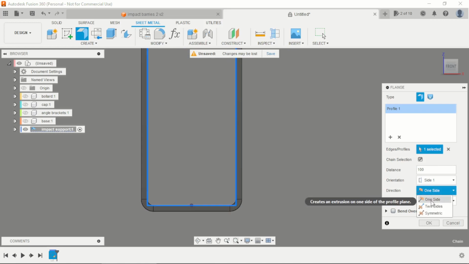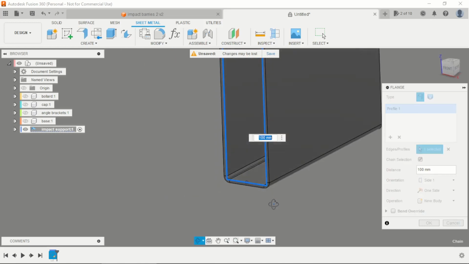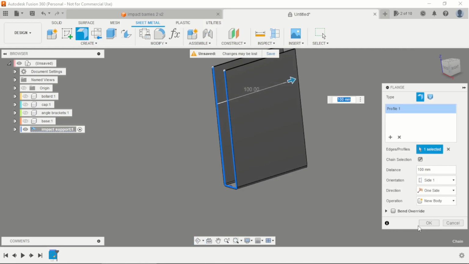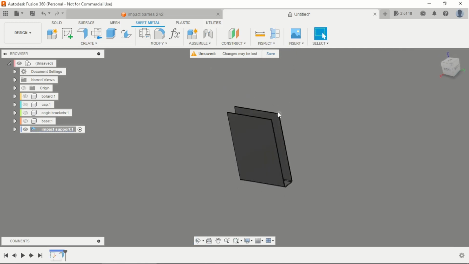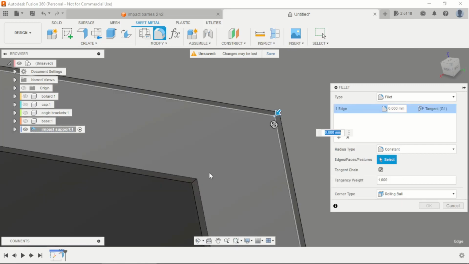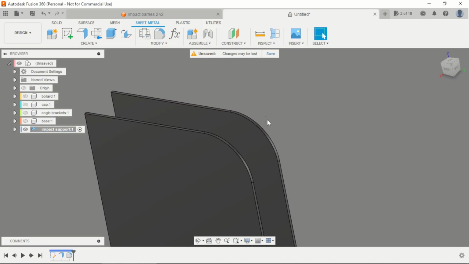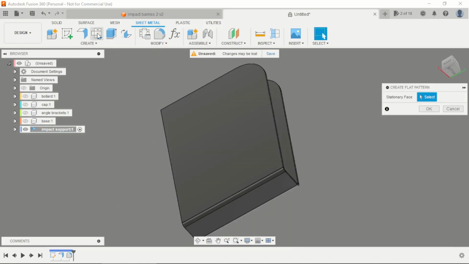The direction, in this case, will be the side one. We need this profile in the outline here, okay, and apply F for fillet. These two edges, 35 millimeters. You can create a flattened pattern here,